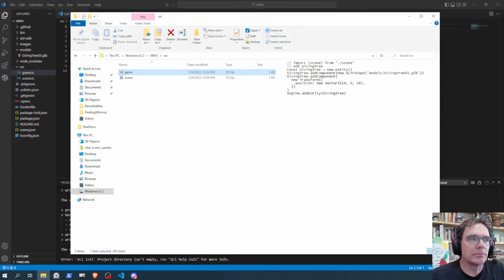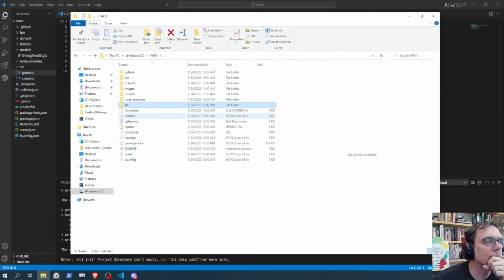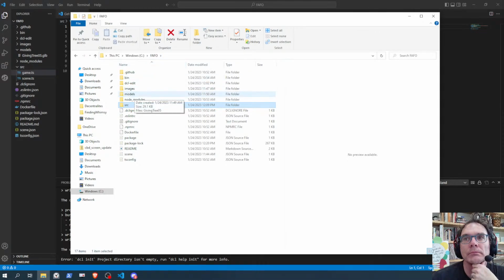No, so when you just go to your local C directory, you create just an empty folder here. Okay. And once you've got your empty folder, like there's stuff in mine right now, because I've done this part already. But then when you open up your Visual Studio Code, you'll go to open folder.